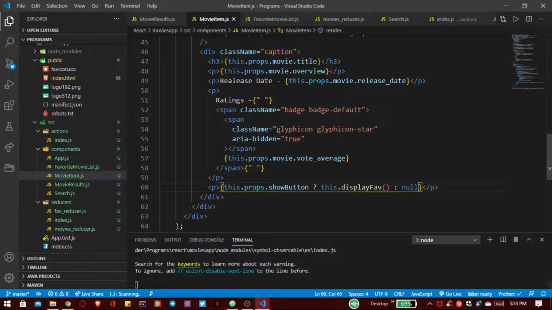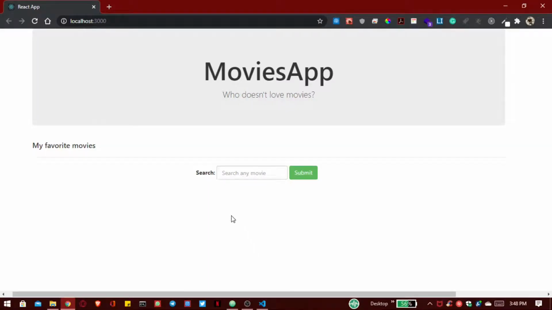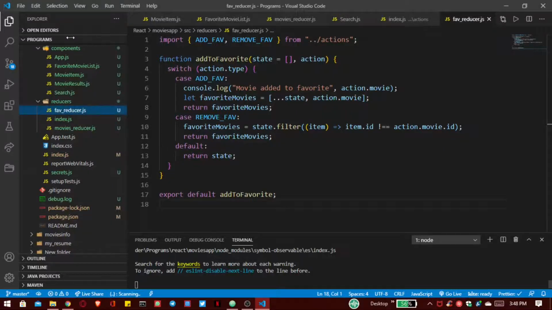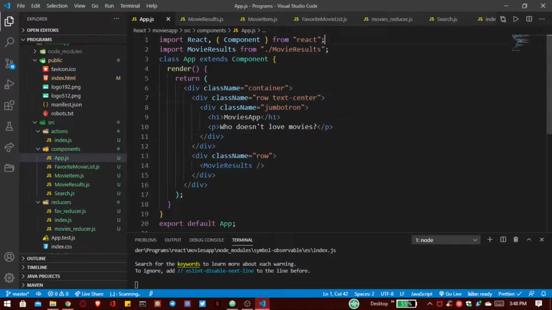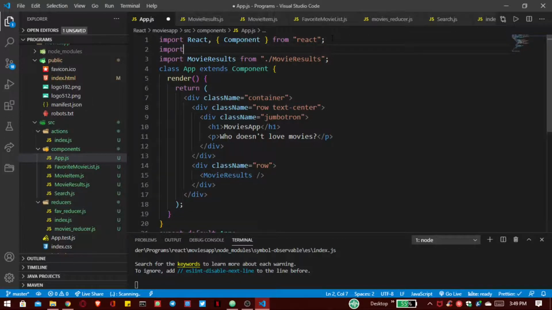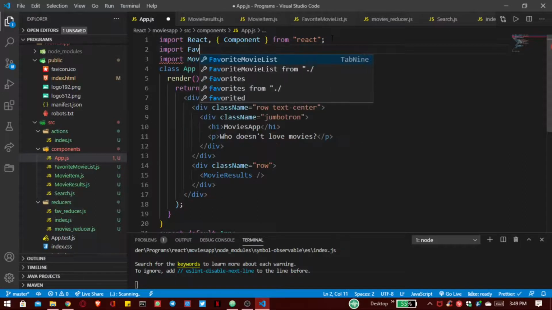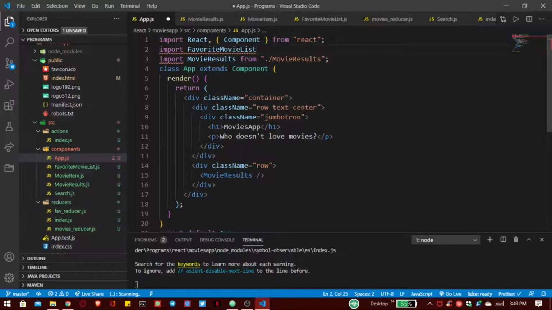Yes. Now let's use our last package, React Router DOM. So we have to switch between our favorite movies and our movies list. For that, go inside our app.js component. Here first we have to import some things, like import favorite movie list from favorite movie list.